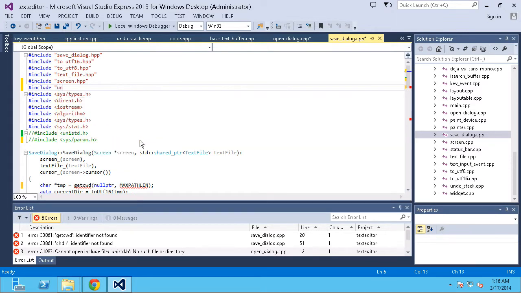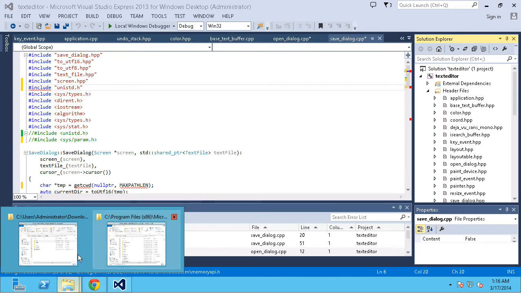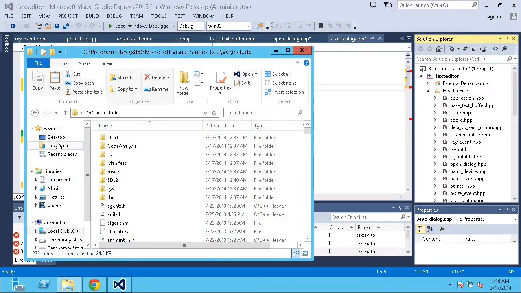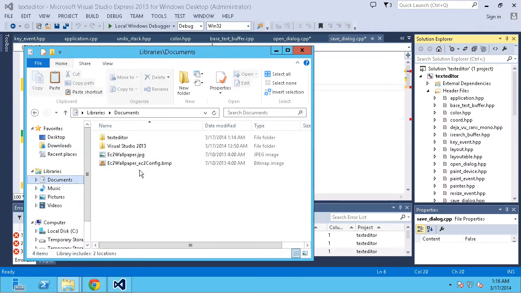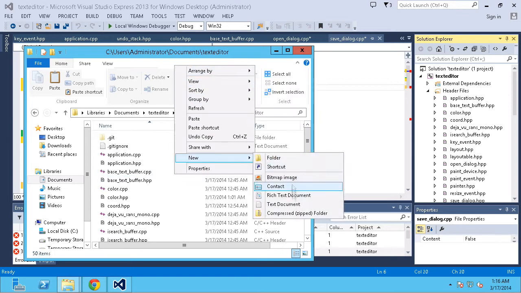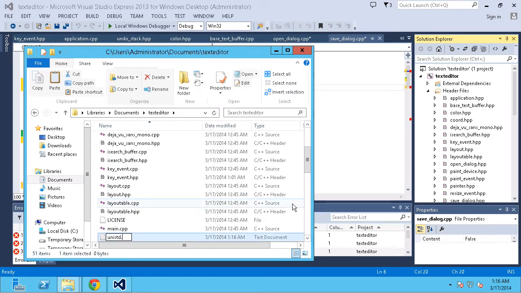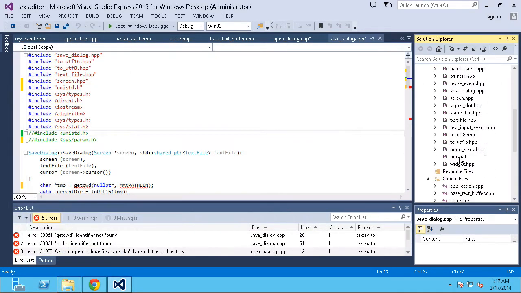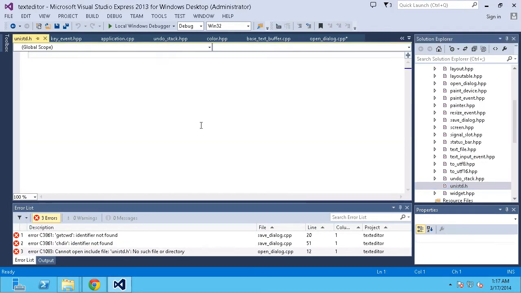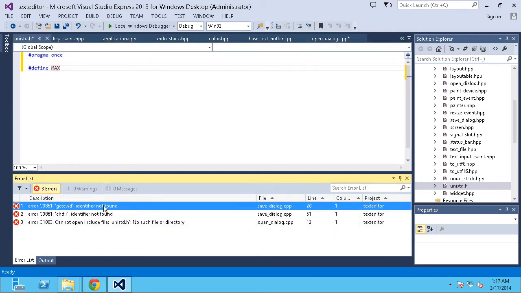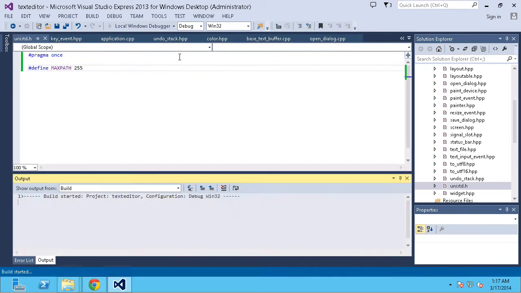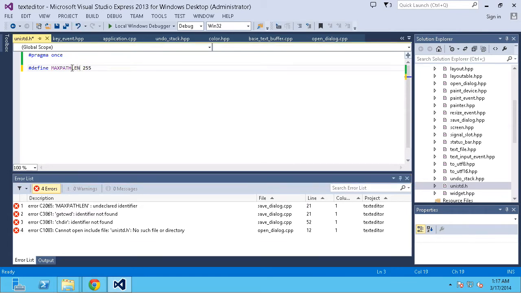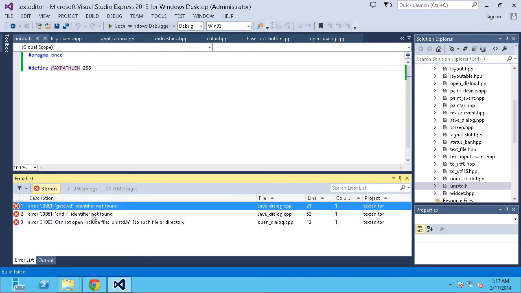Build. unistd.h, and I can create it. It's not in the Documents folder. New text in h. Then one open. Max. What is max? Max path. Max path length. And then